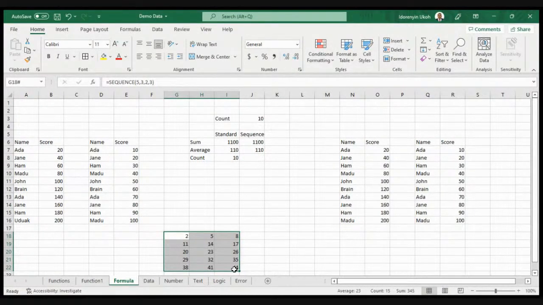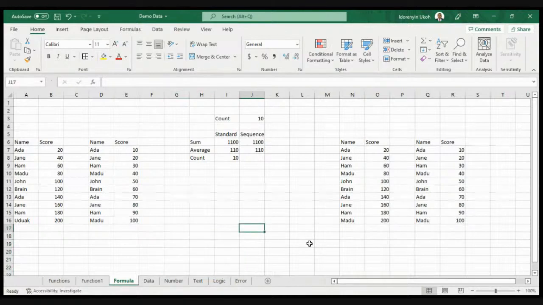So depending on using that formula. So now let's go into a simple calculation using the standard form and also the what? The sequence form. Now I'm going to have a count for me. For me to use my sequence form, I need a count of 10.